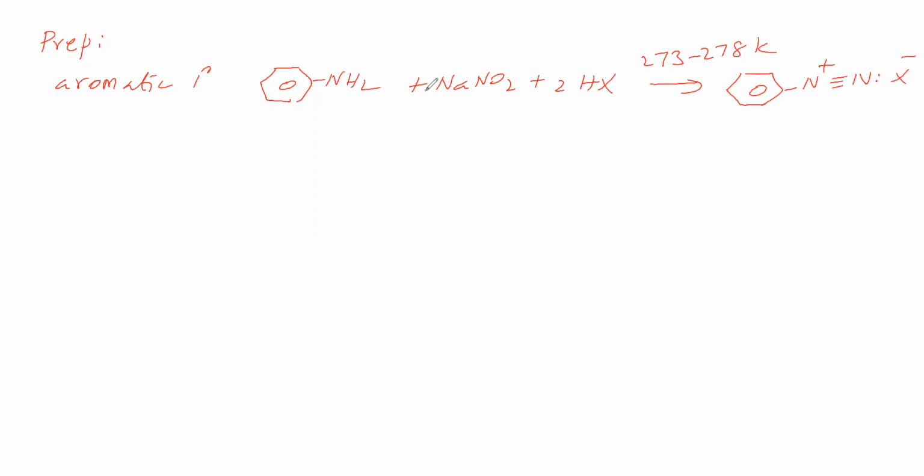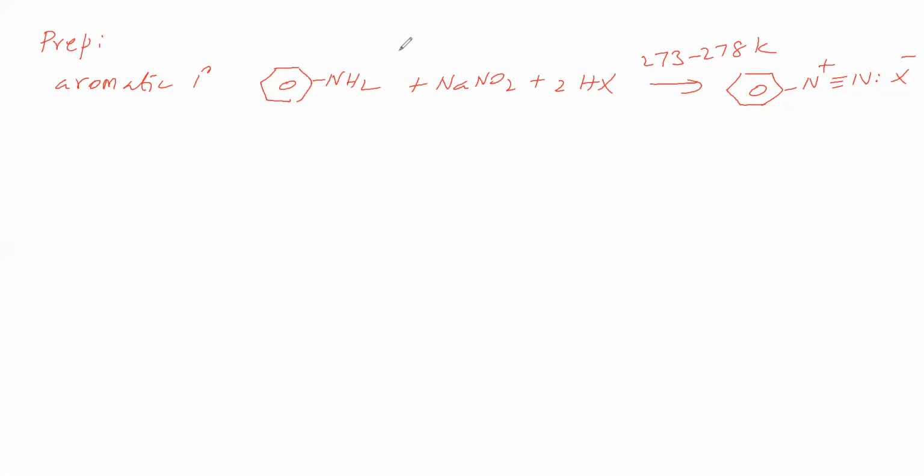NaNO2 and HX, why did we add them? We want HNO2 for diazotization. HNO2 is unstable, so we are taking HNO2 in situ. HNO2 in situ means we are preparing HNO2 during the chemical reaction. So we add NaNO2 and HX, and on mixing they give HNO2. When the chemical reaction is required, at that time we have to add NaNO2 and HX into this solution. Then the HNO2 will be produced, and that goes for diazotization with the NH2.